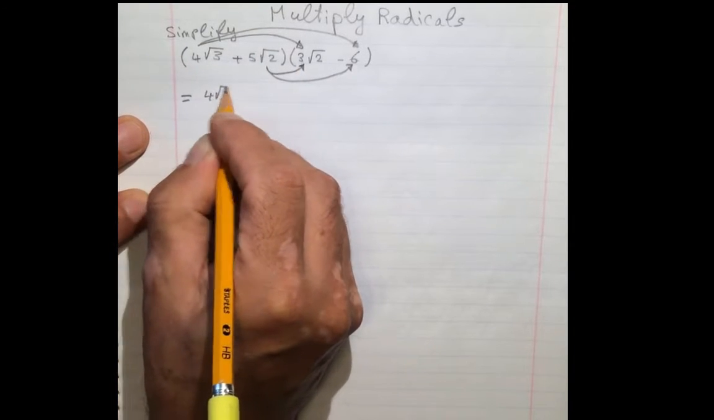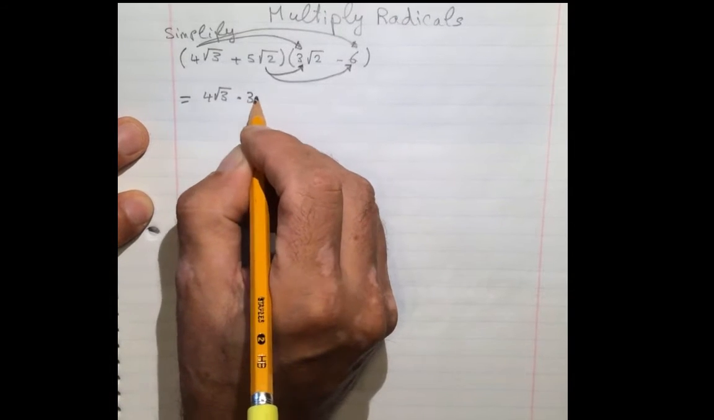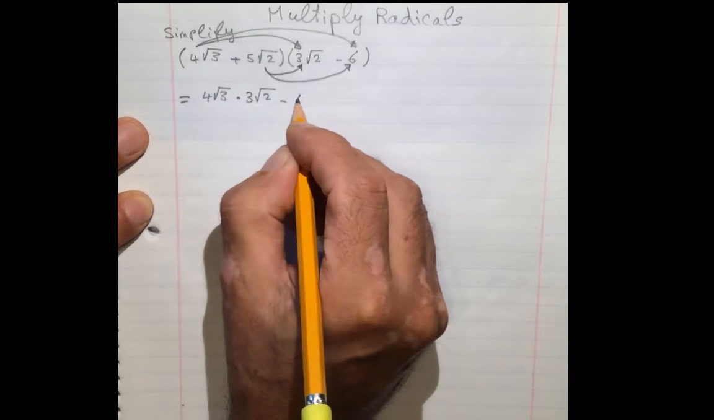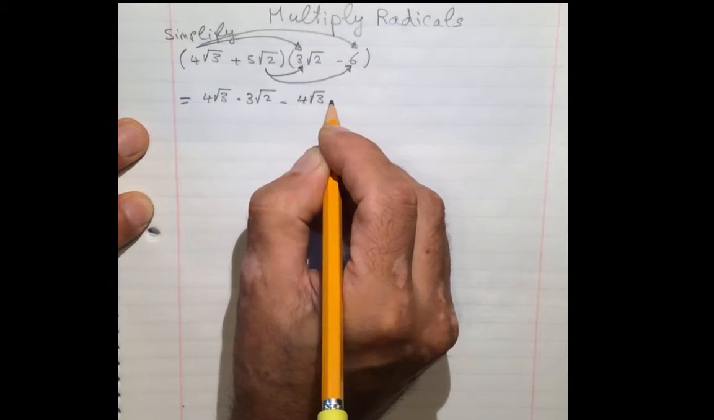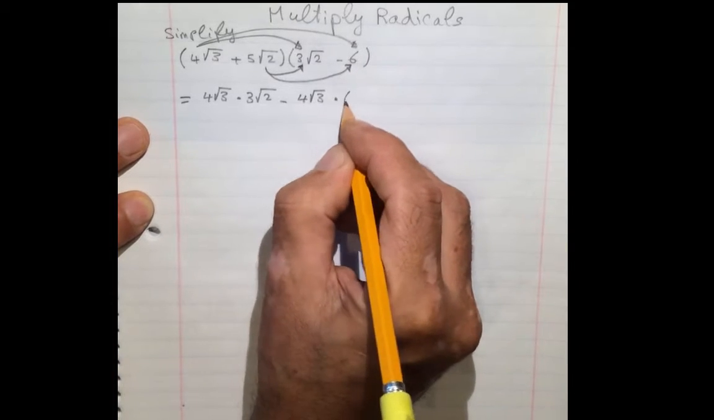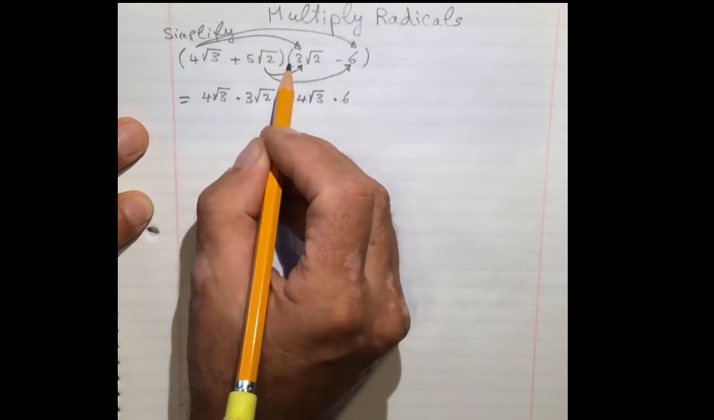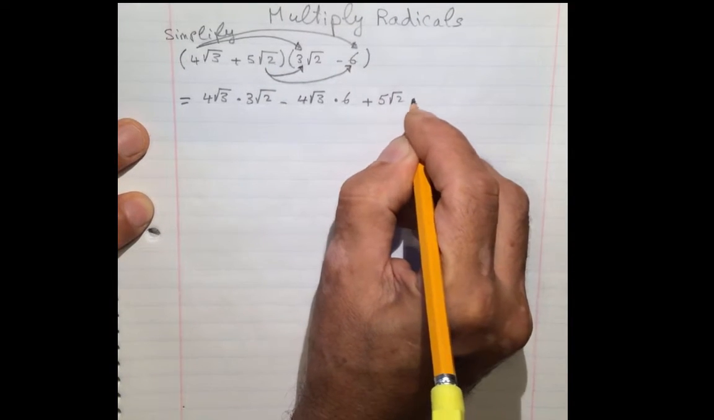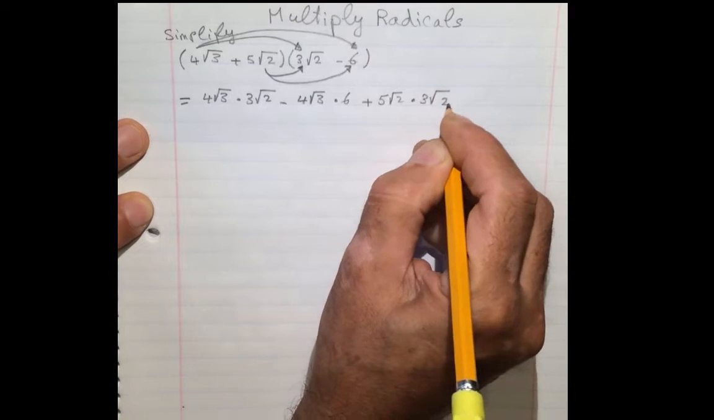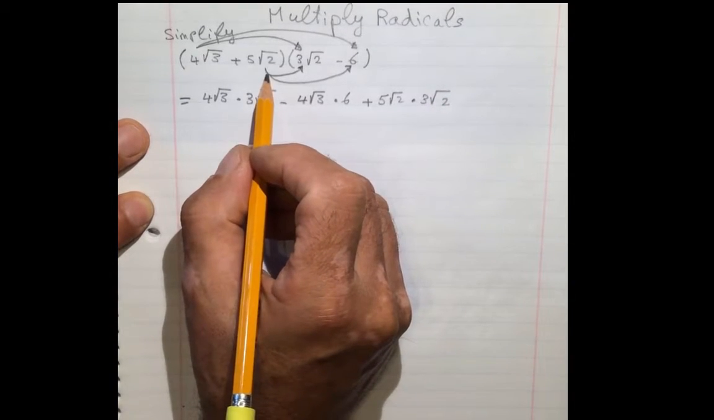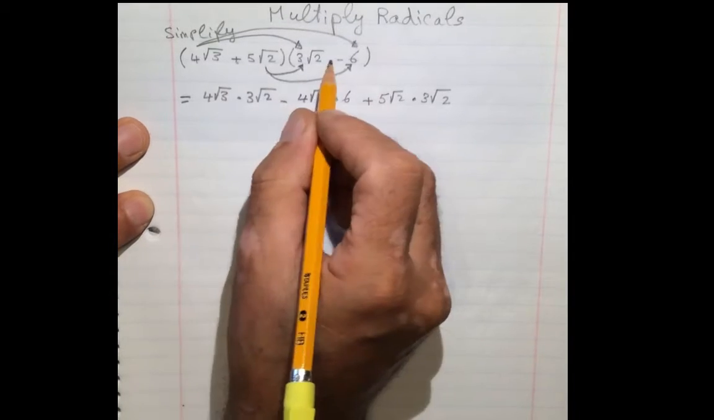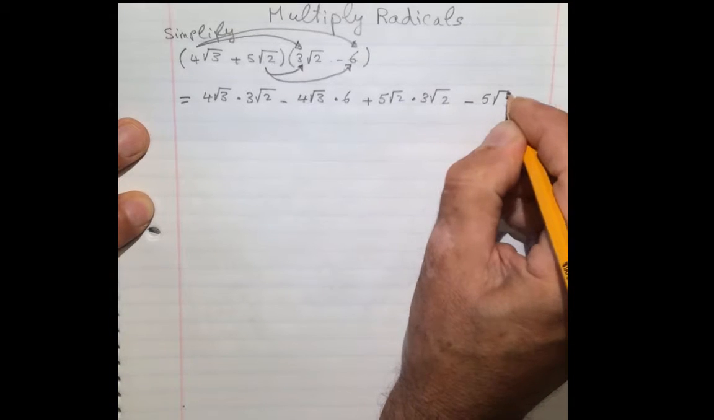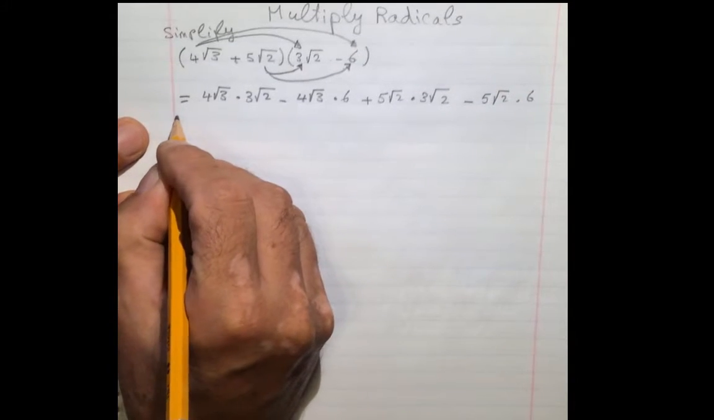So it's going to be 4 root 3 multiplied by 3 square root of 2. Then positive times negative is negative. We want to multiply 4 root 3 times regular 6. Then we want to do the inner. Positive times positive is positive. 5 root 2 times 3 root 2. Then we want to do the outer. Positive times negative is negative. 5 root 2 times 6, equals